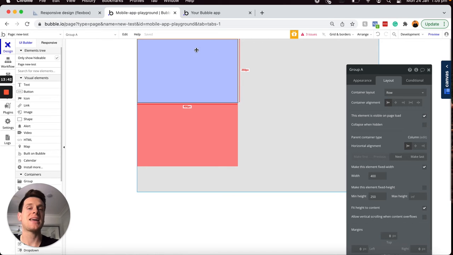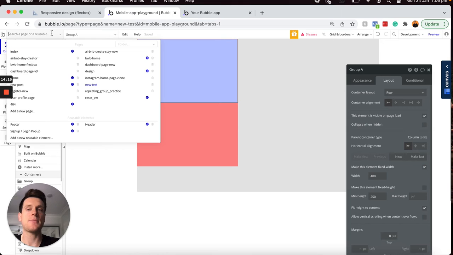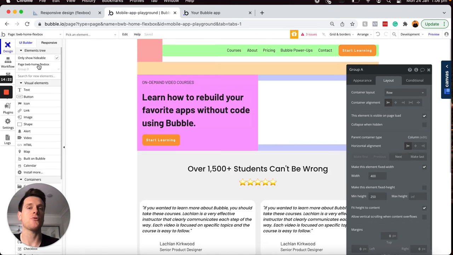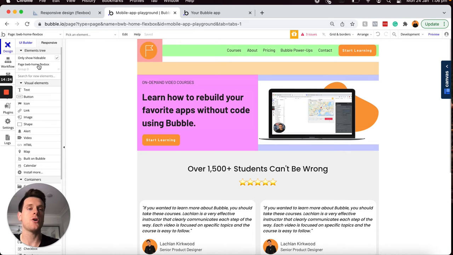So for things like a header menu, or if you've got, let's say, some icons that need to be placed directly next to each other, a row layout will give you the power to lay those out horizontally. And I have a great example of how that can be used within a separate page here. So if I just open up a page that I had created, this is just a version of my website